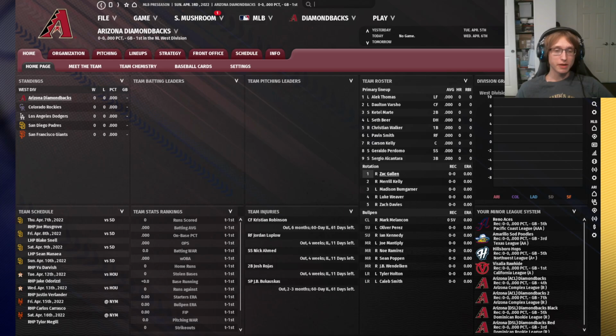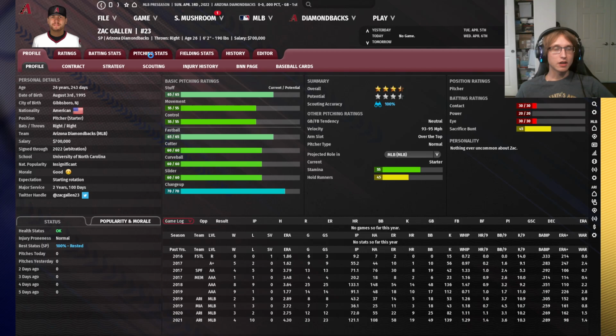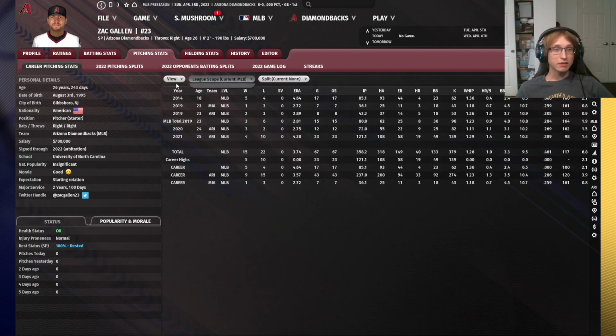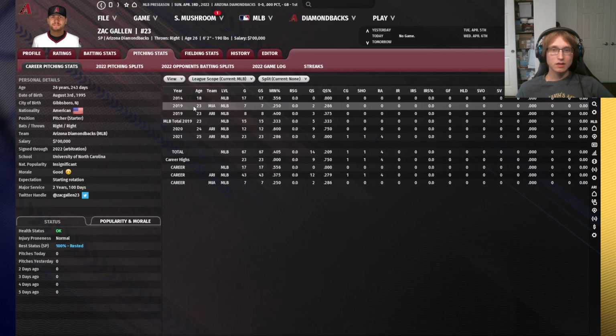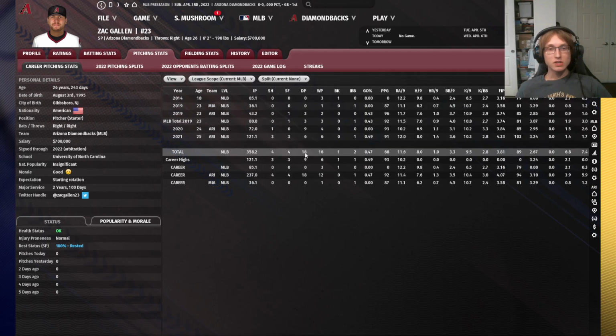You just go to a player's page. I'll once again rely on Zach Gallen for this. Under pitching statistics, I believe it's an advanced statistic. I can't remember exactly which one. Should be HB or something like that, maybe. Anyways, you might be able to find it under the edit page as well. But either way,